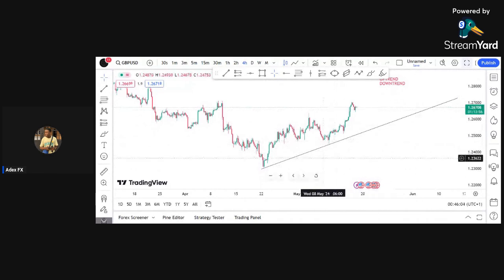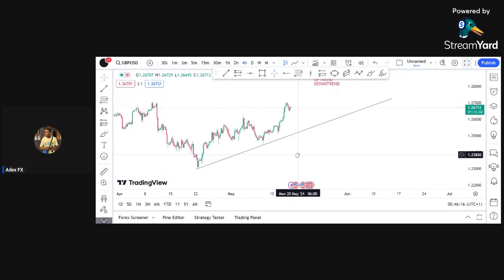You can see. So the first two touches are not relevant. You understand? They are just to determine if the trend line is valid. So now that the trend line is valid, let's wait for more confirmation on this trend line. You're going to wait if you are trading off the break of the trend line. Okay, don't let me jump into that. So we have two ways of trading trend line, which is the bounce and the break. But let me explain